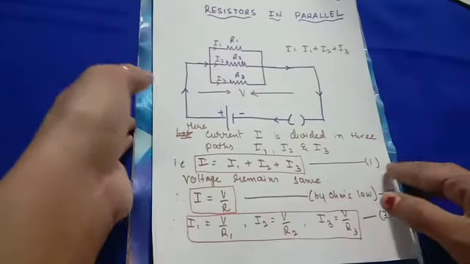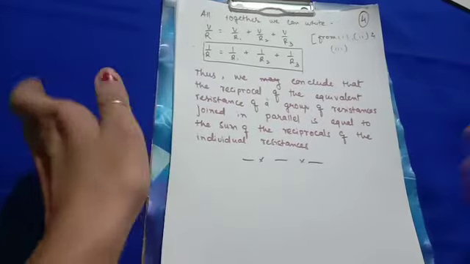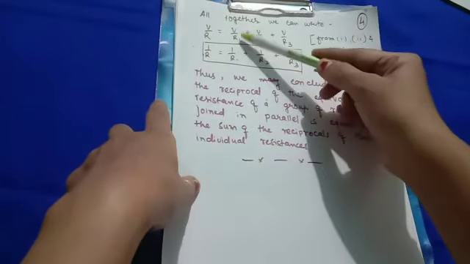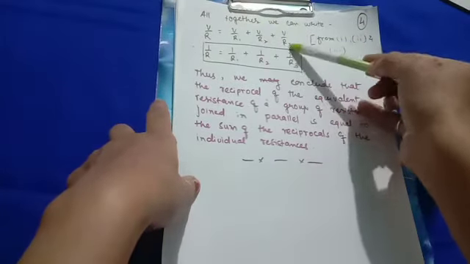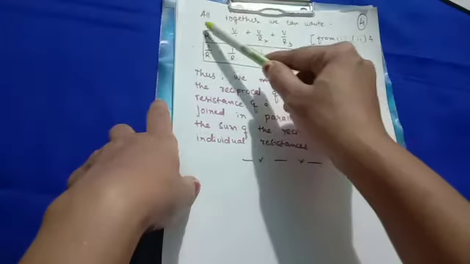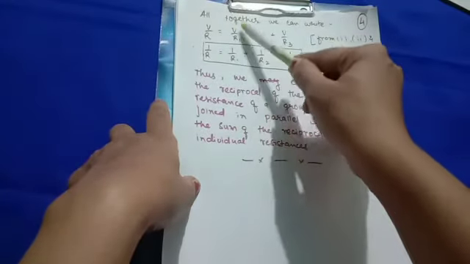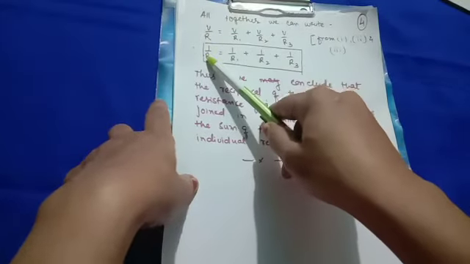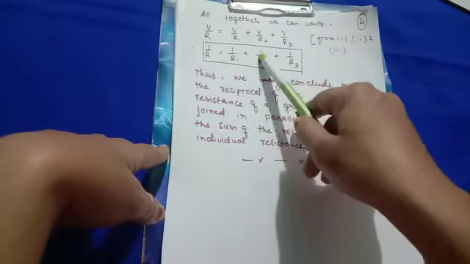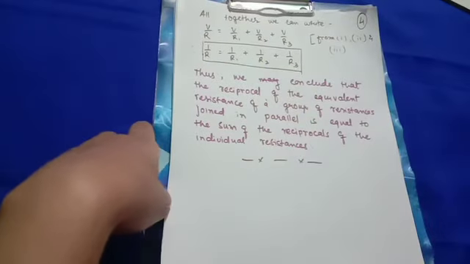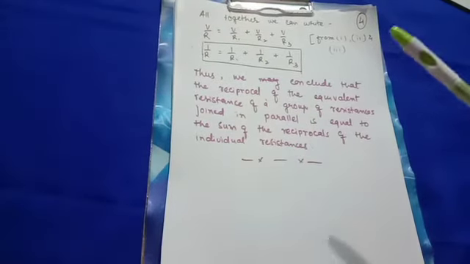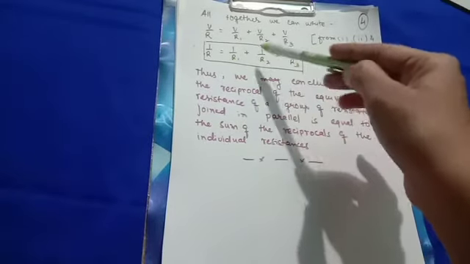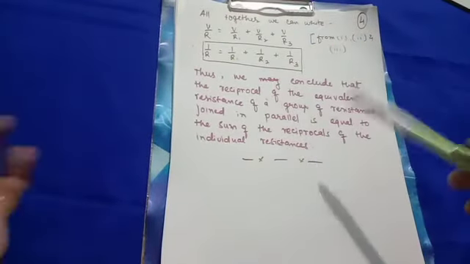Now taking all together, what we will get? All together taking, then we will be getting V by R is equal to V by R1 plus V by R2 plus V by R3 from 1, 2 and 3. V, if I take common here and if I write 1 by R1 in bracket, V and V will get cancelled. I will be getting 1 by R is equal to 1 by R1 plus 1 by R2 plus 1 by R3. Now what is this? समझो कि R1 1 है, ये 2 है, ये 3 है. So 1 by 2, 1 by 2. Okay, this when you do sums then you will come to know.